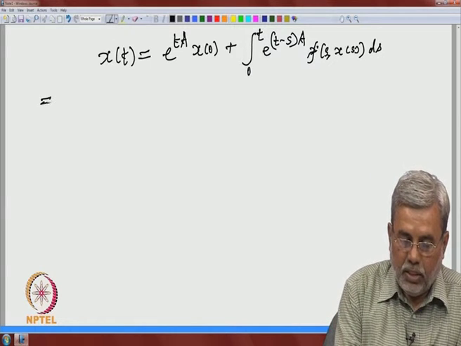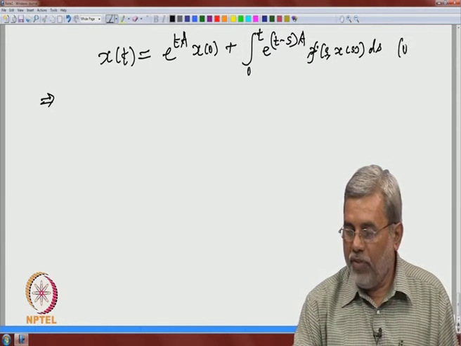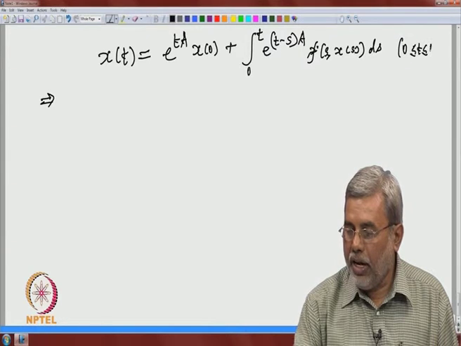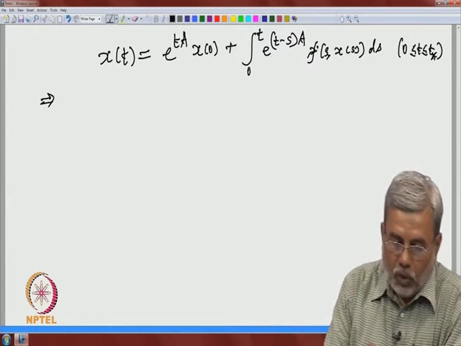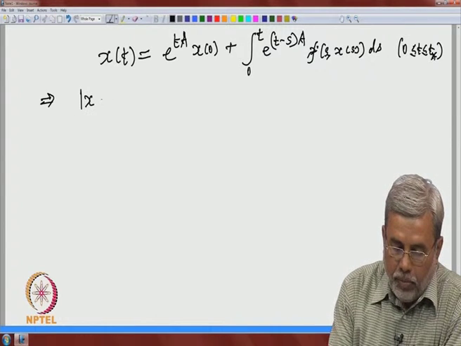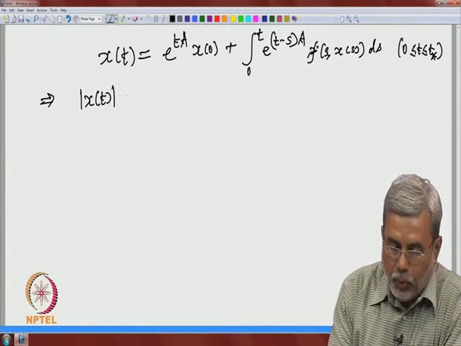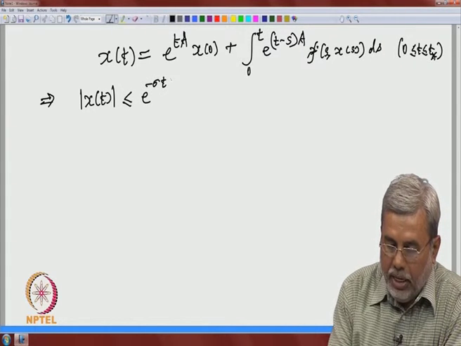This implies, remember this is valid only for a short t. Our aim is to extend this to all t. So, taking norm and using estimate 1, this gives me e to the minus sigma t